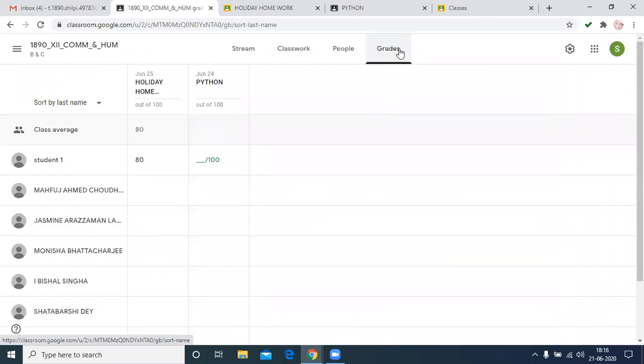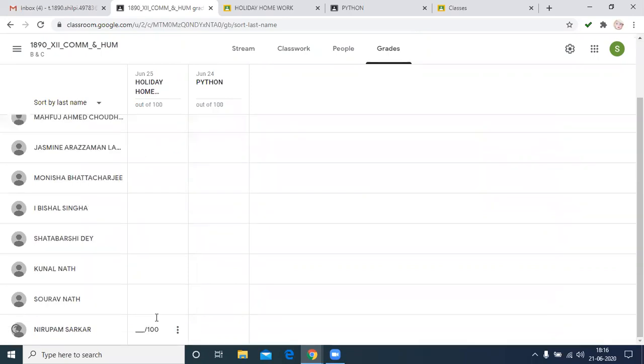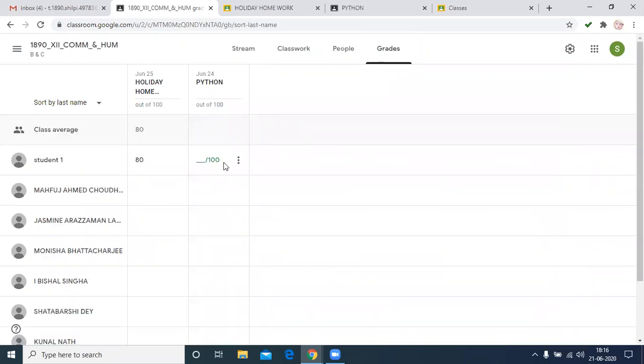This is the grade. This one, the holiday homework. The one student has submitted, then marks will be displayed. This is 80 out of 100. The other has not submitted. Similarly, this is written. It means the student has also submitted the assignment. We can here then view submission.